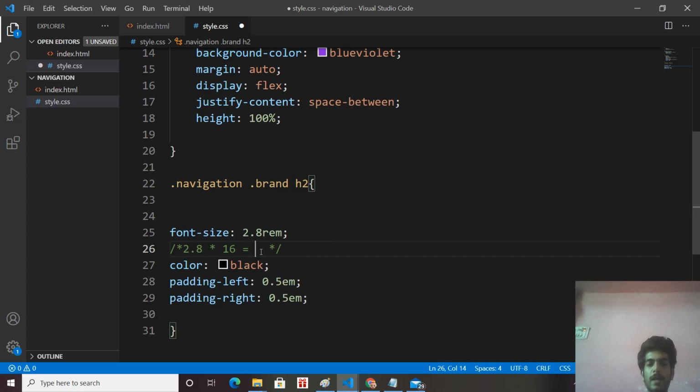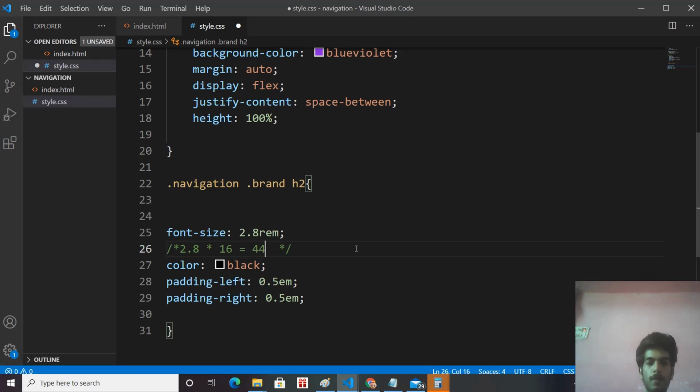If I multiply this, it is 44.8 pixels. So 1 em is equal to 44.8 pixels, and 0.5 em equals 22.4 pixels, right? Half of the em.